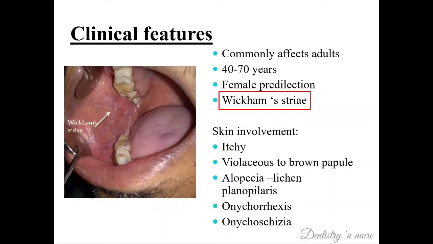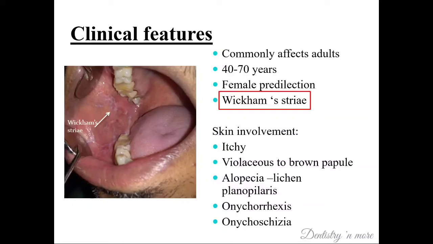Even at times it also involves the gingiva too. You know that lichen planus affects not only the oral mucosa. First and foremost, it starts as skin lesions itself. In the skin lesions, you can see that there are so many subtypes. Unlike our oral mucosa, there are around 32 types of skin lesions in lichen